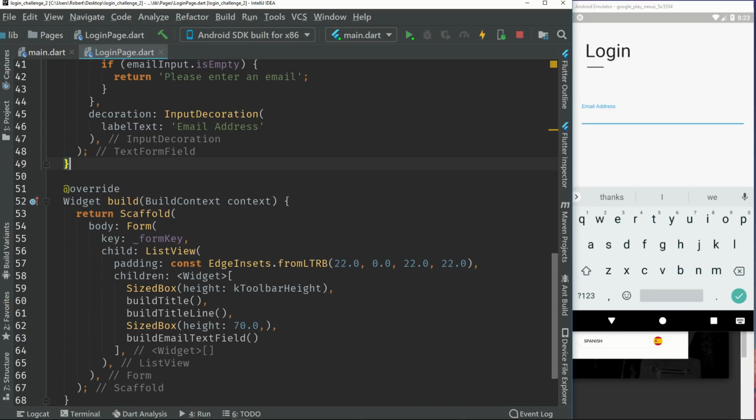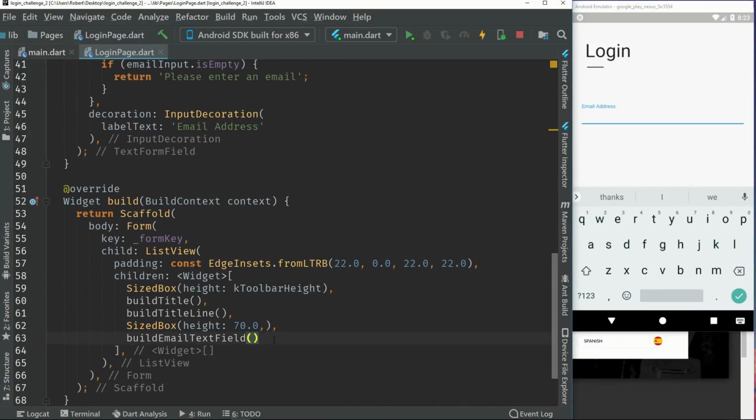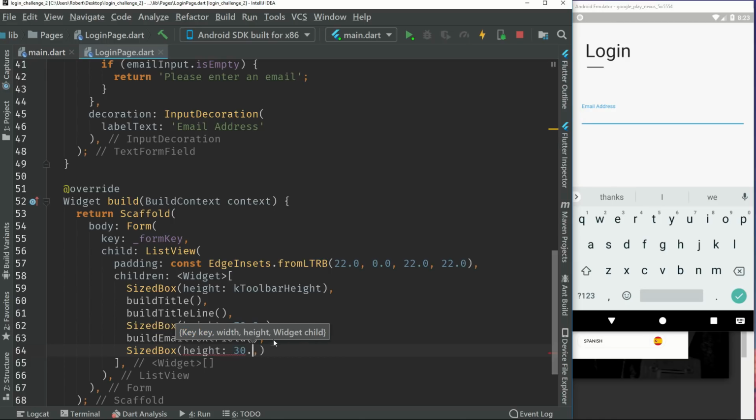So for the next thing we will do, let's see how they have done it. We can actually see that they have a bit of spacing there. So we'll add another size box and give it something like 30. So for the next thing,